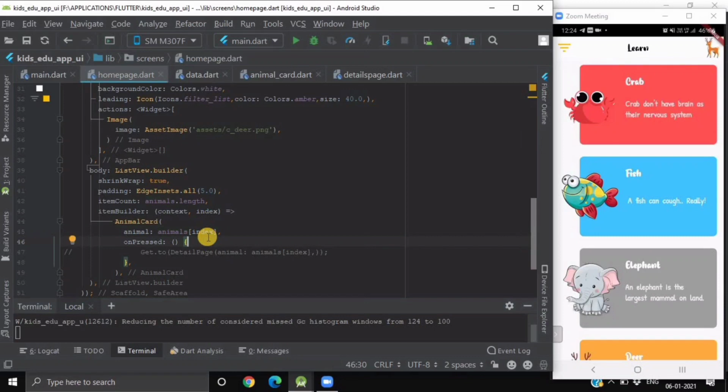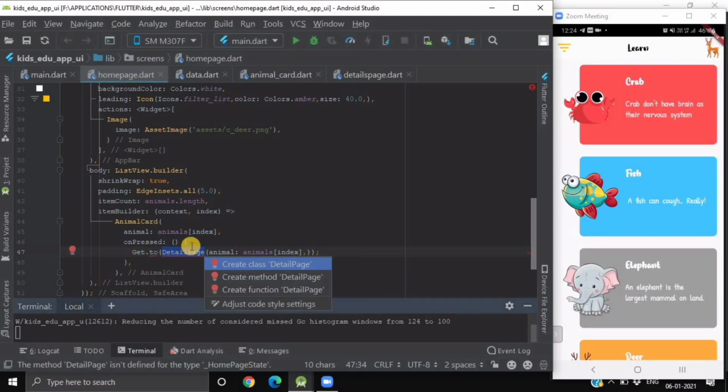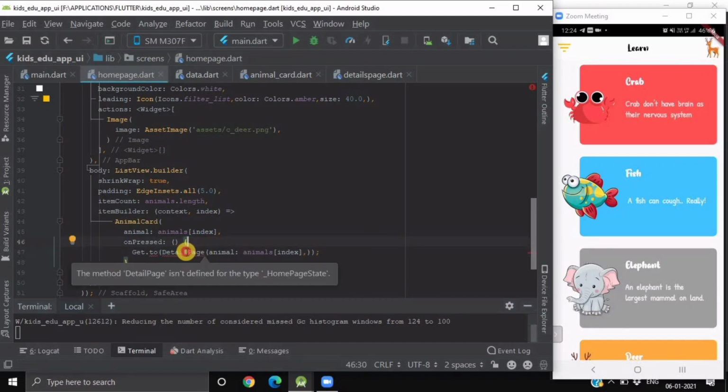Now it is time to make our detail page. To navigate to the detail page, we will make use of the get package. We are navigating with get.to, and for that we have to also import this detail page.